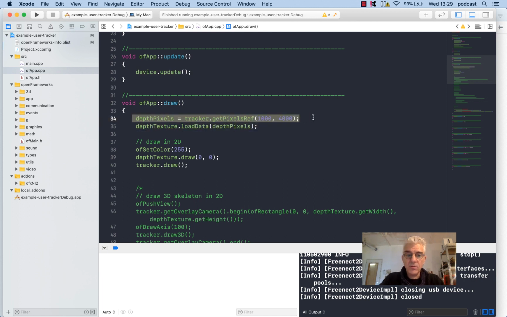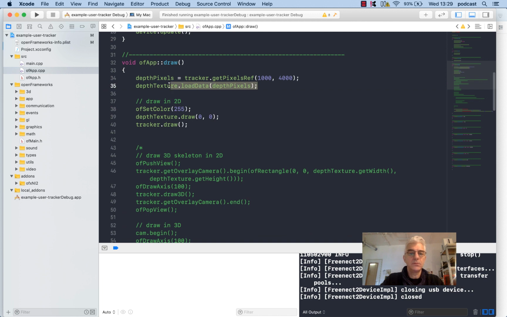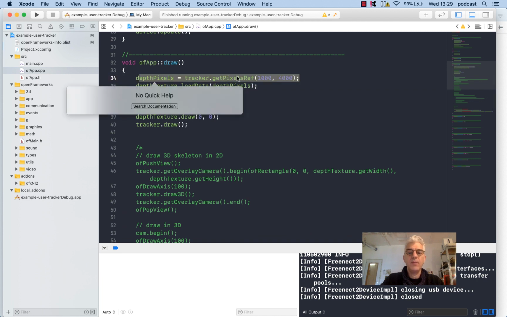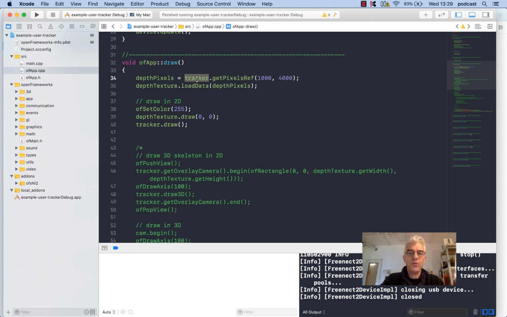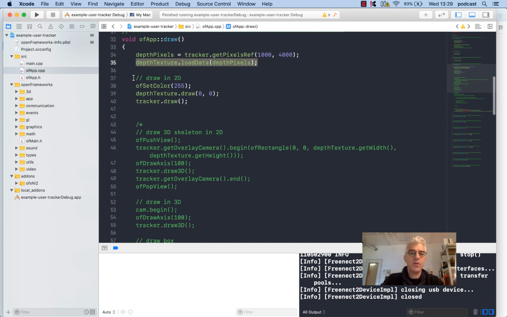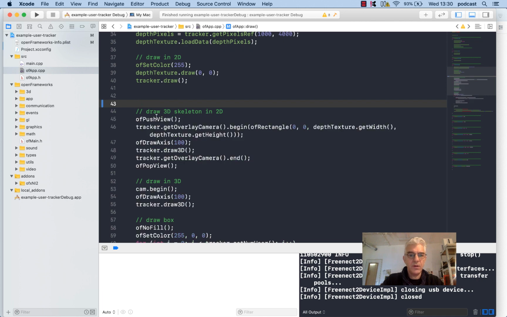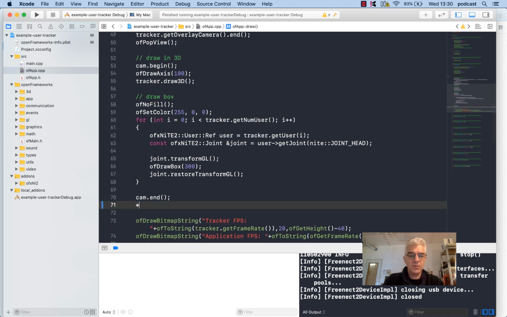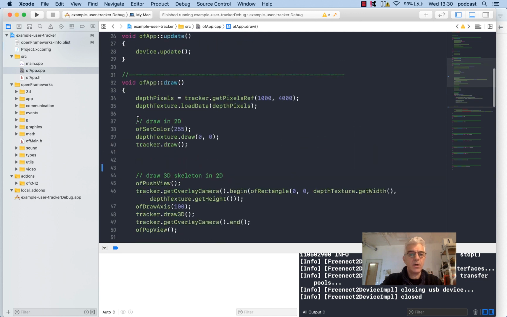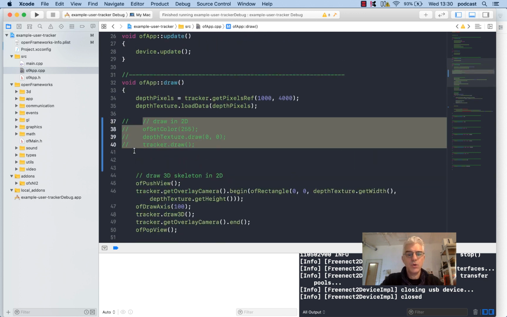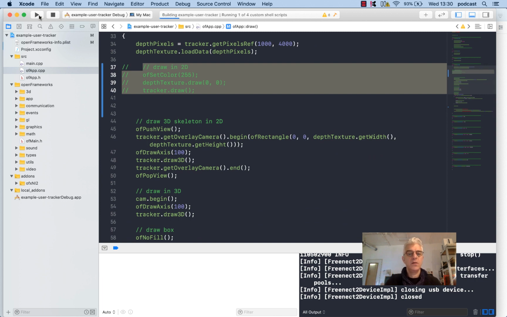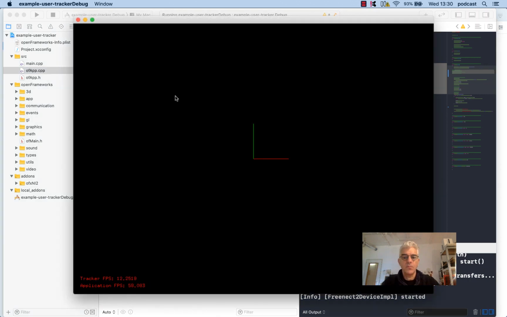We're drawing the depth pixels currently. So we're loading the depth pixels from the tracker object, as we've seen with the Kinect1, putting it into a depth pixels object, making a texture, and then we're drawing the texture. Now, what we can also do is here we've got a nice version of drawing in 3D, so I'm going to uncomment this portion and I'm going to comment out drawing in 2D. So let's see what we get. So we build and run,